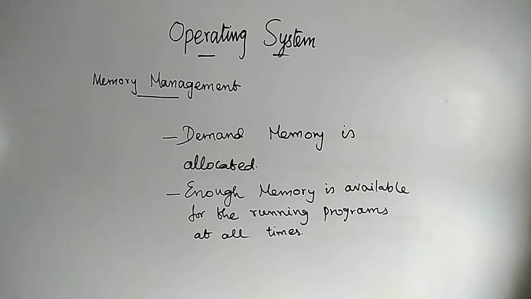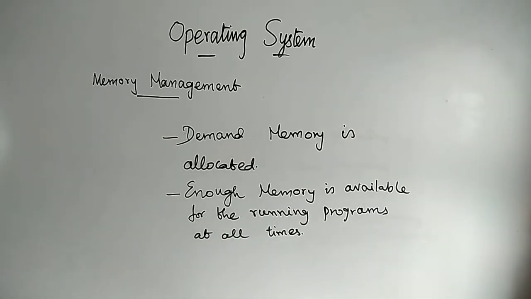First point, it is going to control and coordinate the computer's main memory. Next, it is going to assign memory space. The third one, it is going to allocate specific memory blocks, for a specific memory area only. The fourth one, based upon the demand of a certain application, memory is allocated. And the next one, the memory management must check that enough memory is available.